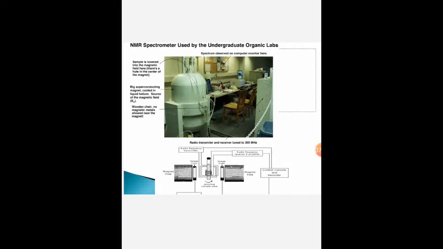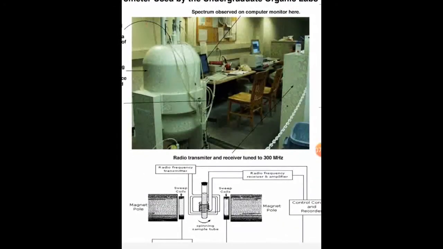This is the instrumentation of NMR. The main part of the instrument is the powerful magnets. In between this powerful magnet, a sample tube is placed along with the sample and the solvent. Our sample should be soluble in that particular solvent. It will depend on the nature of the solute, or the nature of our compound. There is a radio frequency transmitter and then an amplifier, detector, and recorder. The recorder gives its spectrum.